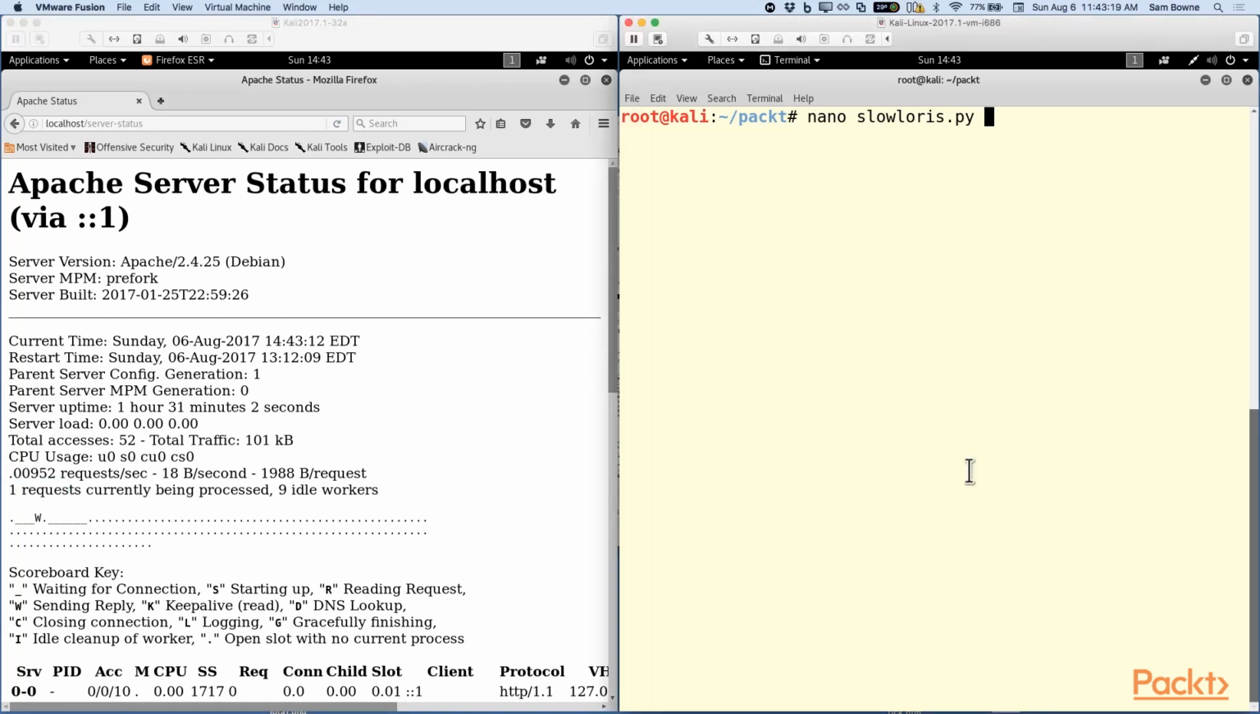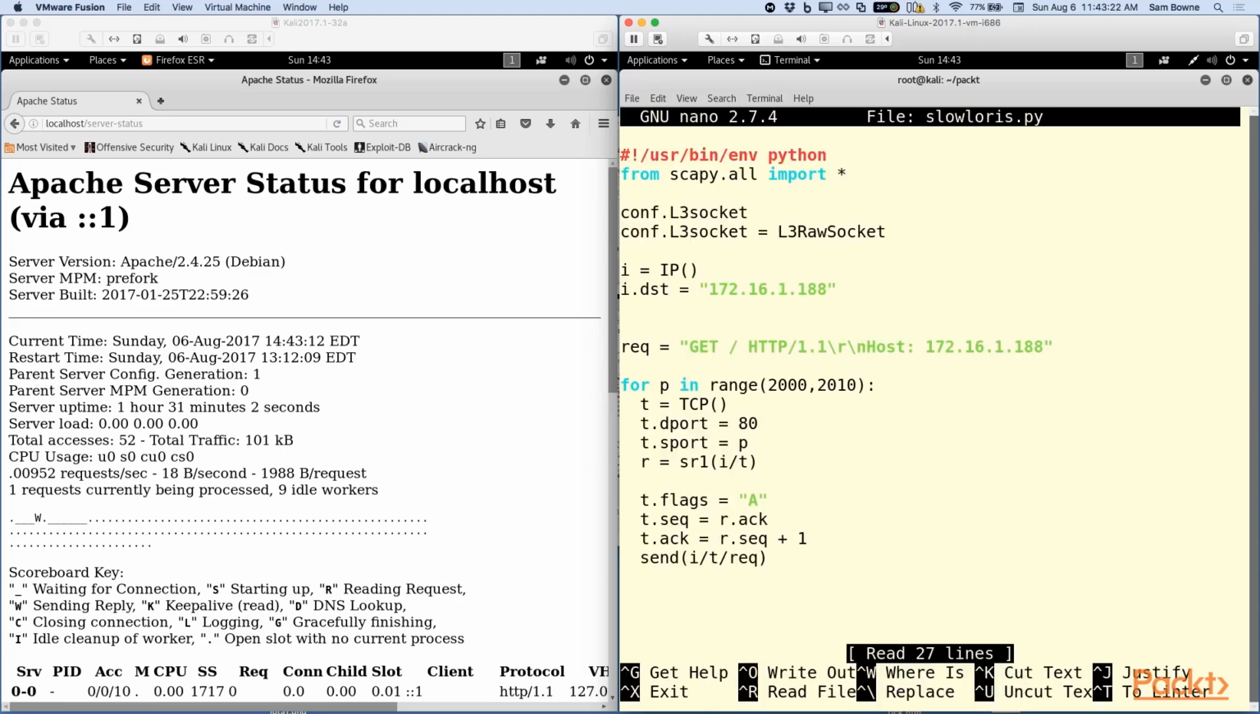On this machine, I have my Slowloris script ready to go. If I open it up and get rid of the colors, you can see here I'm importing Python, configuring raw sockets, and specifying the address. Then I put the incomplete request in a REQ variable, and now, for ports from 2000 through 2009, I will send a SYN, get the reply, calculate an ACK, and send an ACK containing that incomplete layer 7 request. So if I run that,